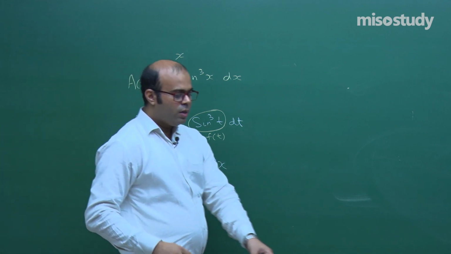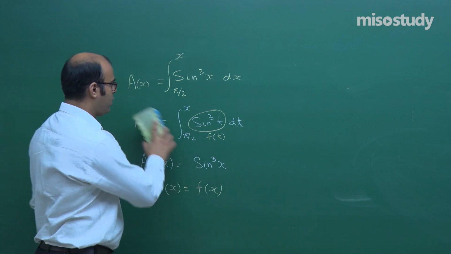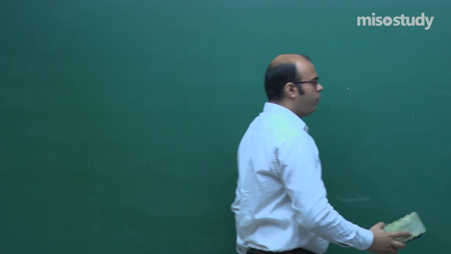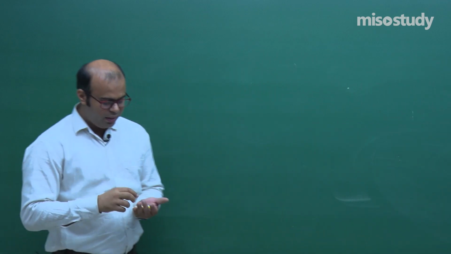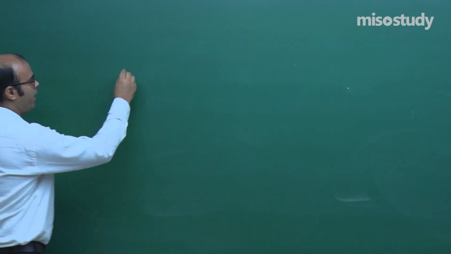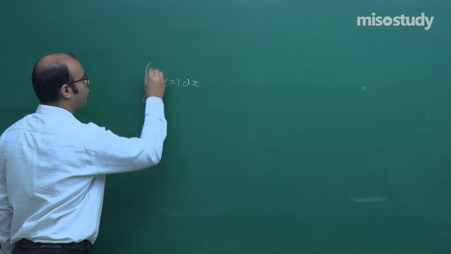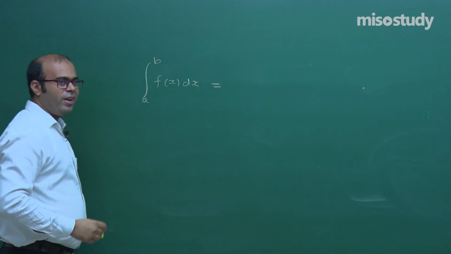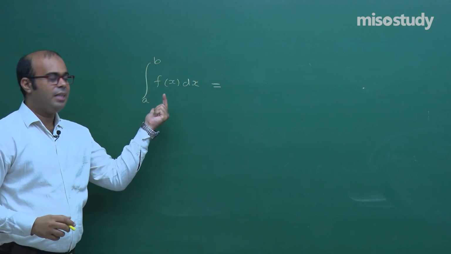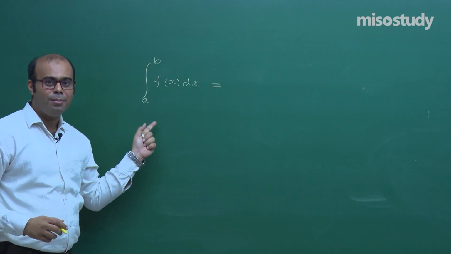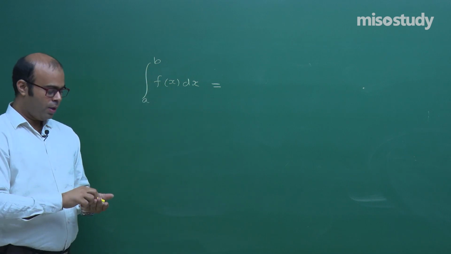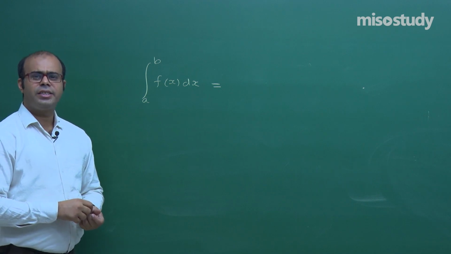Now we will come to the second fundamental theorem of calculus, and there are a few things we have to remember there also. First of all, we already know, as we studied in the previous lecture, that if we integrate a function fx from a to b, both constants, we get its integral Fx, and then we put the upper limit and then the lower limit, that is Fb minus Fa. So why doesn't the constant of integration come there?